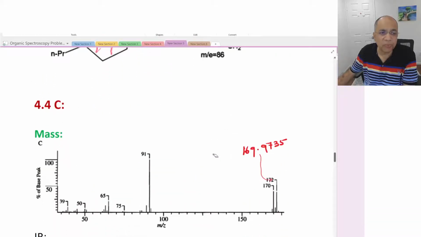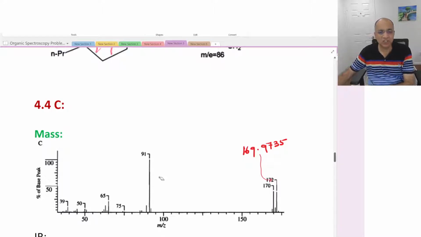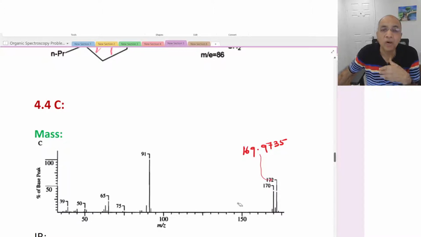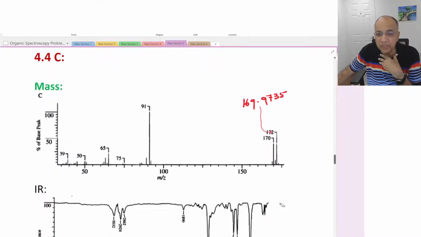Let us go to problem number 2, that is 4.4c. This will be a little easier on our part because we have already discussed the methodology, how to proceed. Now look here, in the mass spectral data, you find both the M peak and the M plus 2 peak. 170, whose actual value,